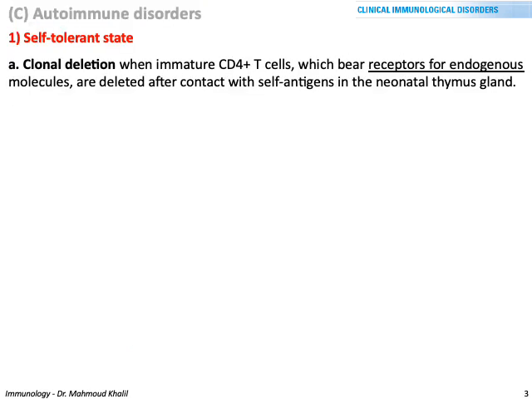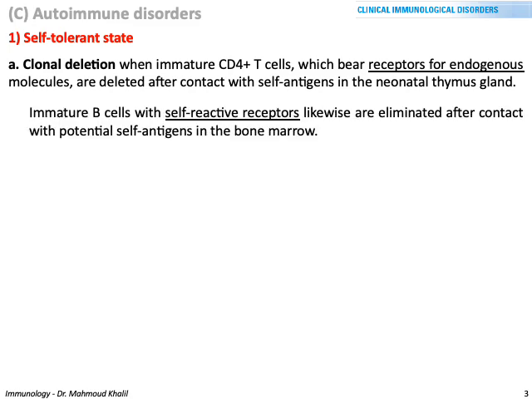So, the first subtopic in autoimmune disorders is the self-tolerant state. First, clonal deletion. Clonal deletion is when the immature CD4 T cells, which bear receptors for indigenous molecules, are deleted after contact with self-antigen in the neonatal thymus gland. The immature B cells with a self-reactive receptor likewise are eliminated after contact with potential self-antigen in the bone marrow, a mechanism that ensures that nothing will go out of the bone marrow unless it is not reactive to